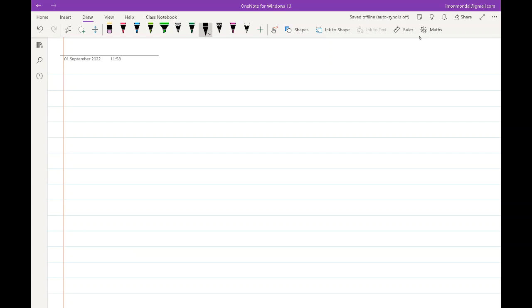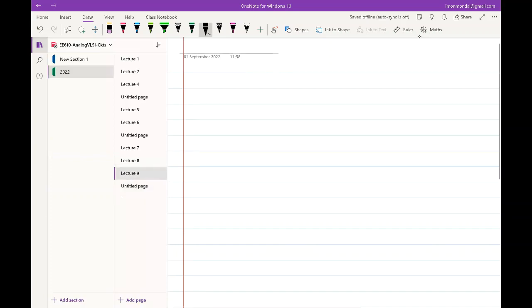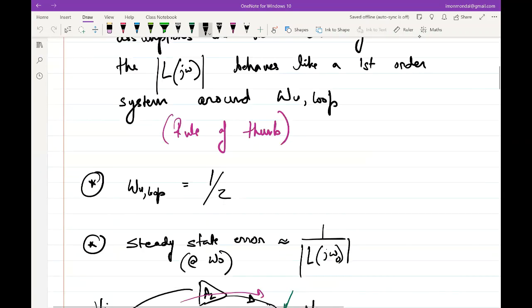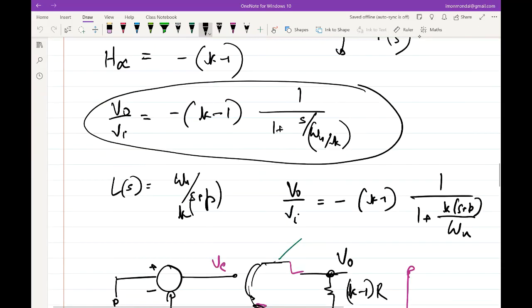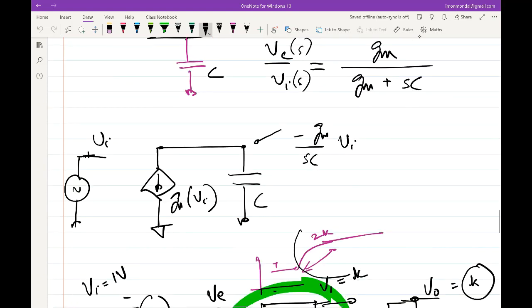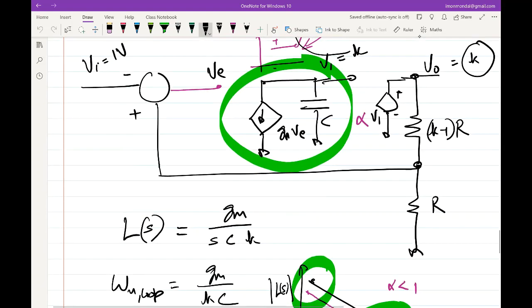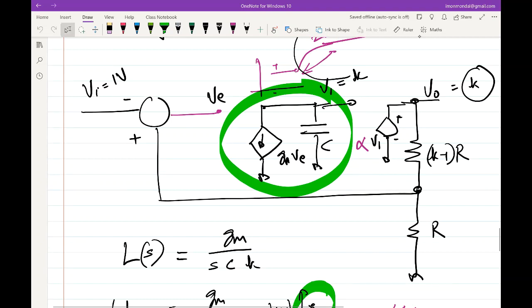Okay, let me address this. What he is saying is that if you have gone through the previous lecture, you would have seen a case where, let me go back to that notes. I think here, yeah, we had changed the polarity of these because we said that if you go around the loop, it becomes positive